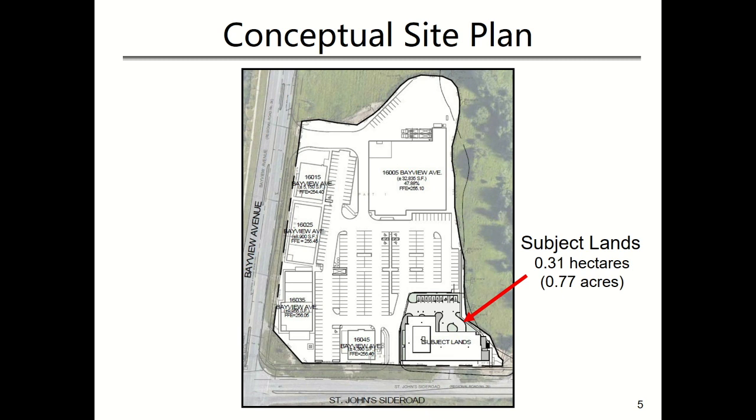The applicant is seeking land use permissions to permit the development of a 6-story residential building with 79 residential units and 119 parking spaces on the subject lands. The building is envisioned to be purpose-built rental, with ownership maintained under the current owners in perpetuity. No application for site plan approval has been submitted at this time.